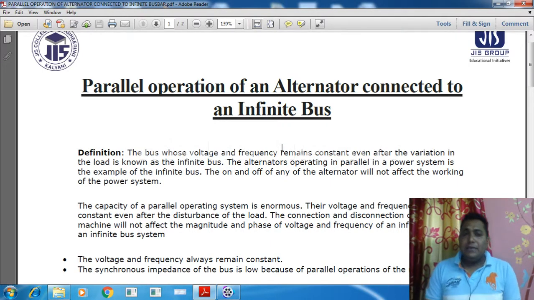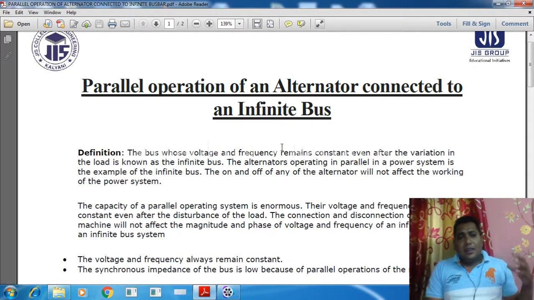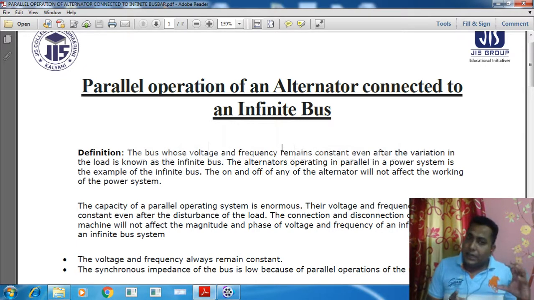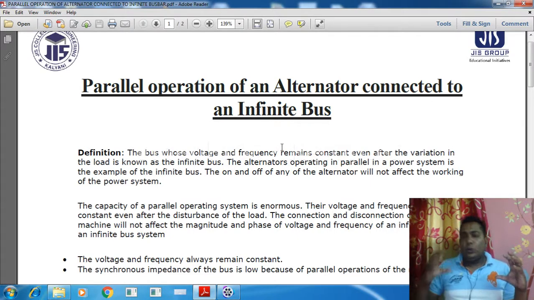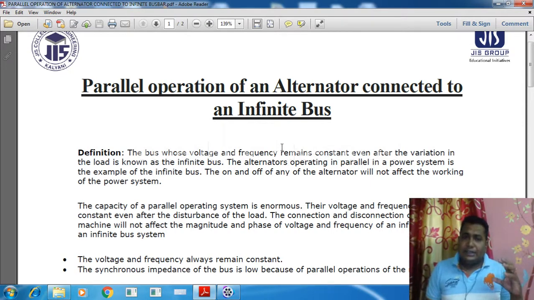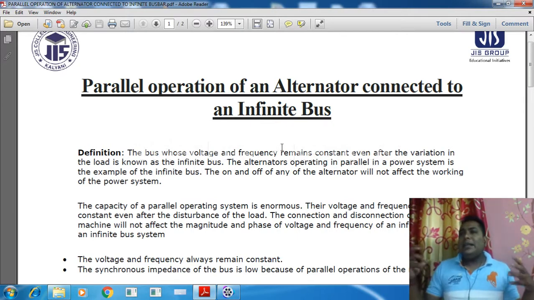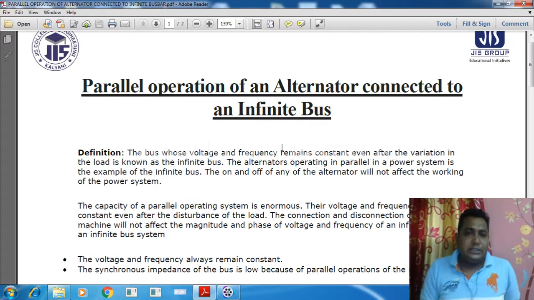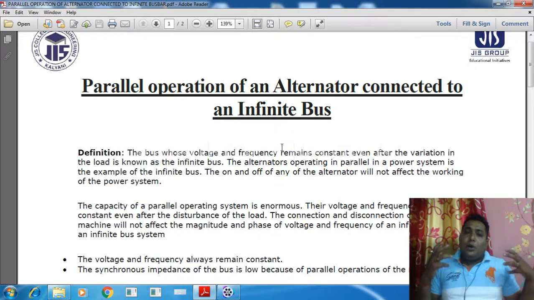A very interesting thing you can now understand. Say there is a single alternator and a single load. If we change the excitation of the alternator, the EMF generated will change, and then the terminal voltage will definitely change. And if we change the load pattern, then the power factor of the system can change.